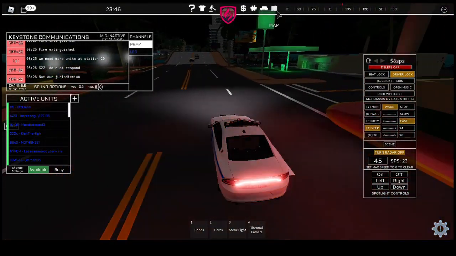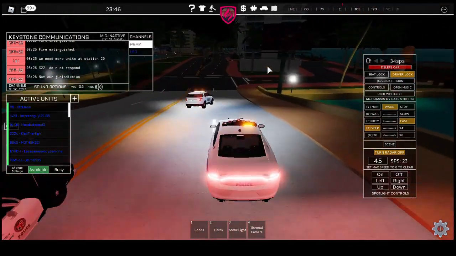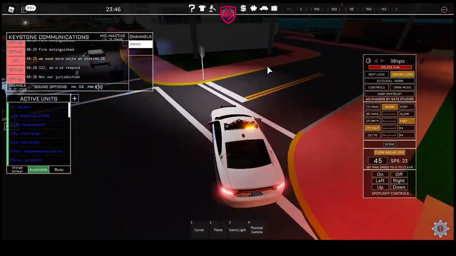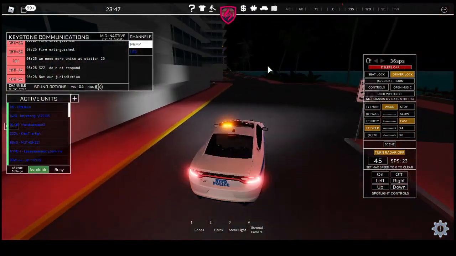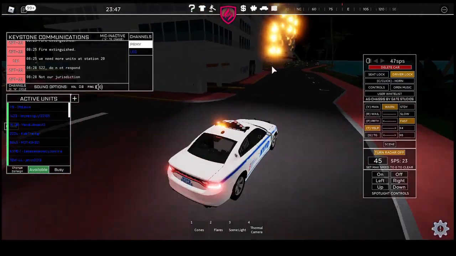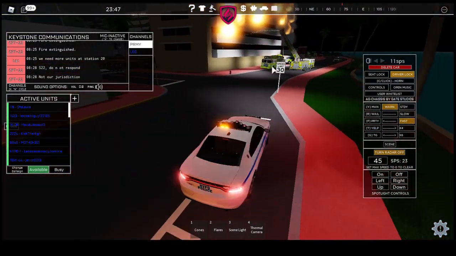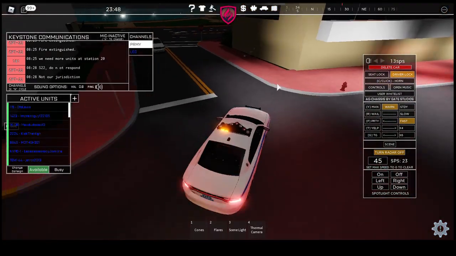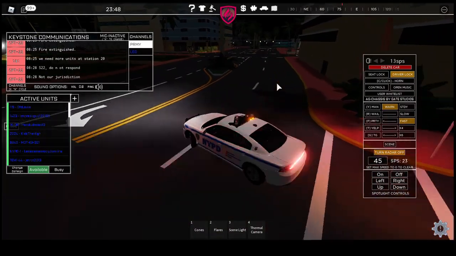I love that siren, bro. I love it. You get a 10 out of 10 for the siren. I mean, literally, it overpowers every other siren in the game. This NYPD siren absolutely just dominates. Here we go. However, while the siren is dominating, the lights are, how should I say, not as effective because,